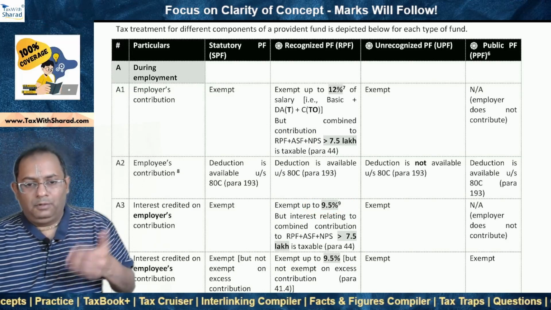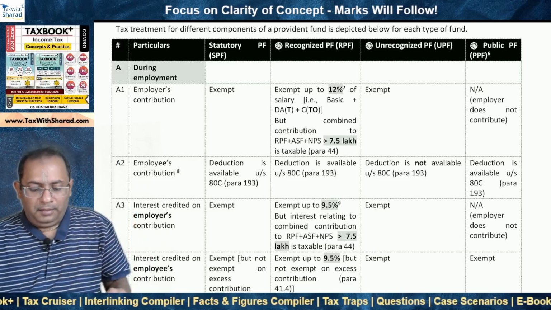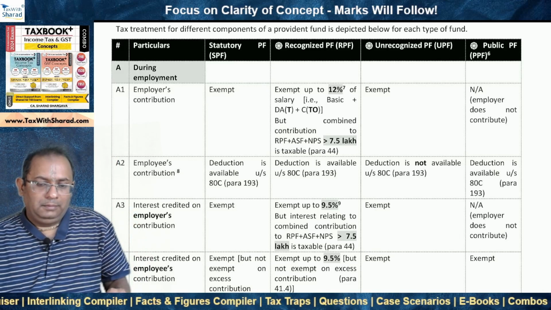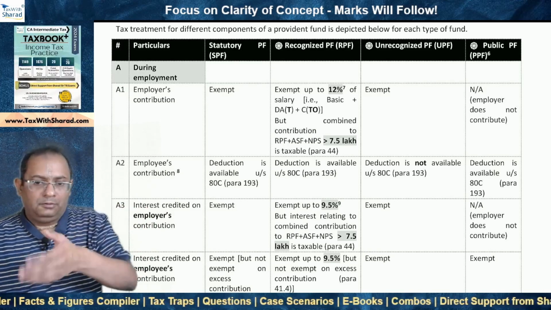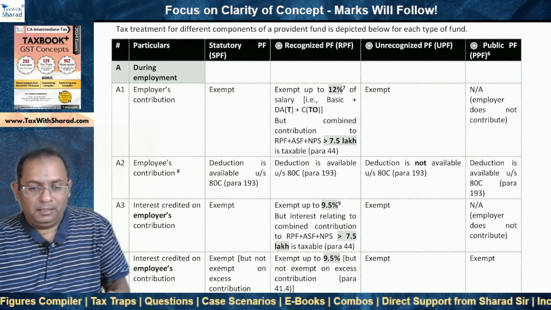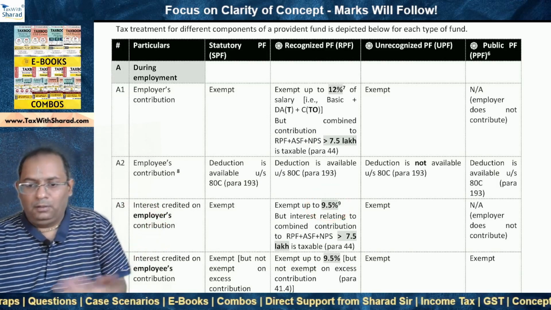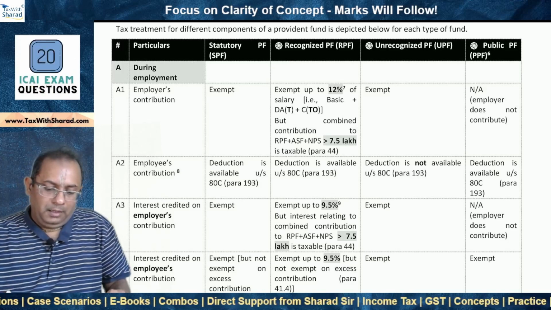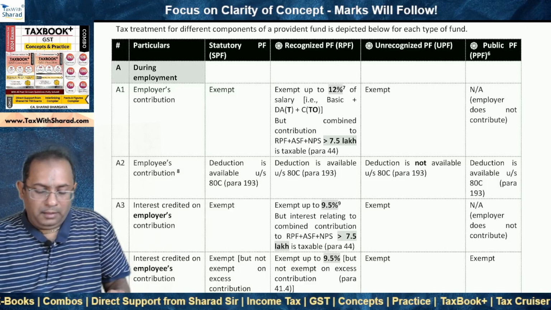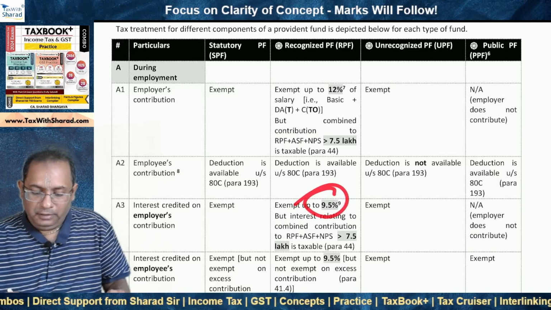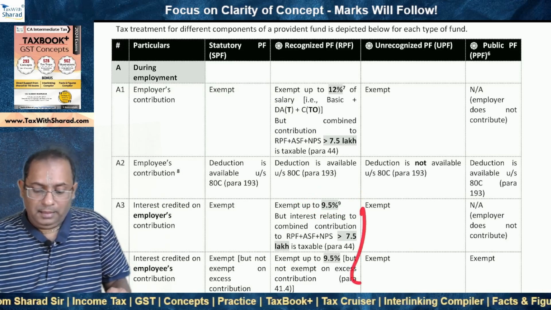Okay, the government doesn't want employers to pay unreasonable amounts of interest, and all that interest then be claimed as exempt at the cost of tax revenues of the government. So the government doesn't want that. So that's why a reasonable limit of 9.5%. In practically all the scenarios, you will find that the employee's contribution will remain within the limit of 12%, and interest credited will also remain within the limit of 9.5%. So as far as interest is concerned, this is the first layer, and there is again the second layer.